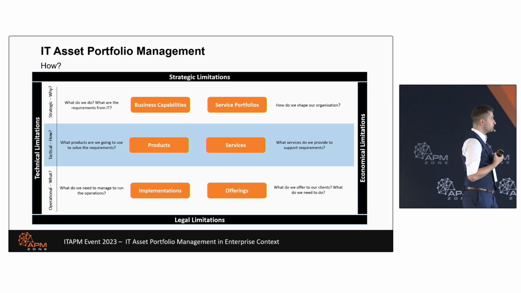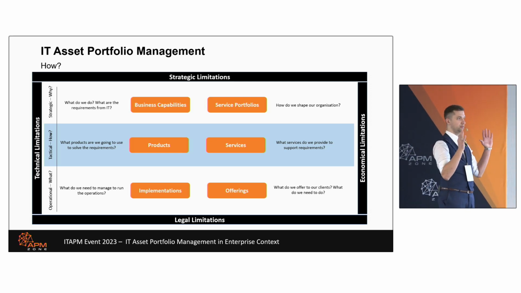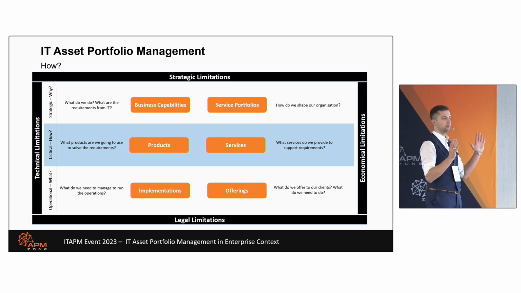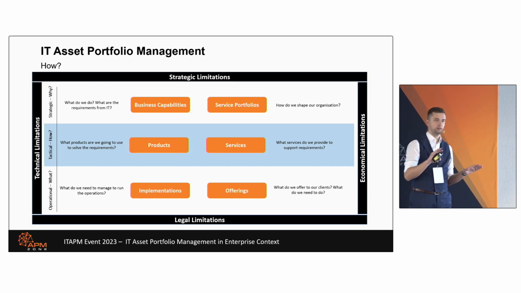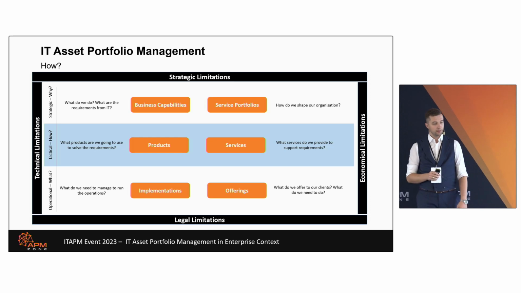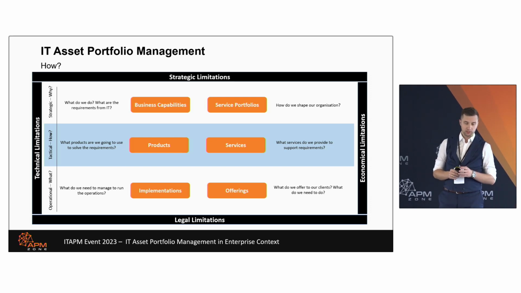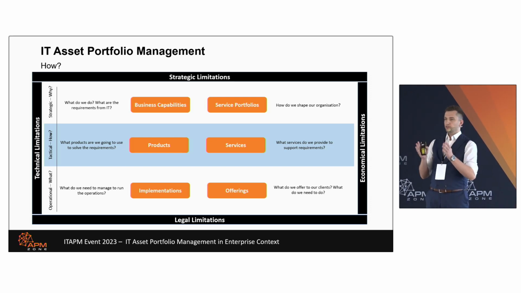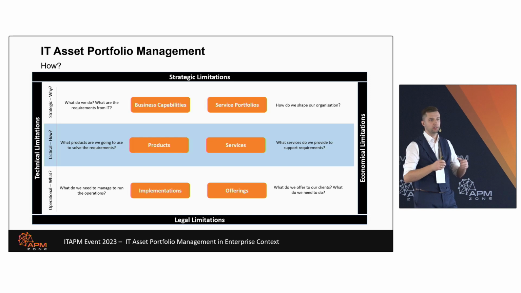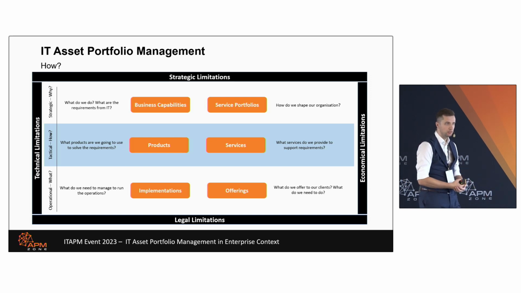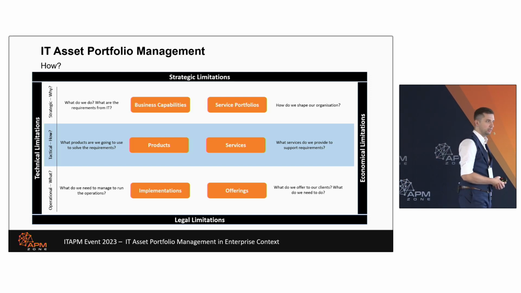First, what you need to have in mind is that there is always a playfield, limited by things that you won't have influence on. That's your play rules. Starting from the top, the strategic limitations. If a company is producing buses, probably they will not be growing oranges, right? So that's one of the simple limitations in the very beginning.